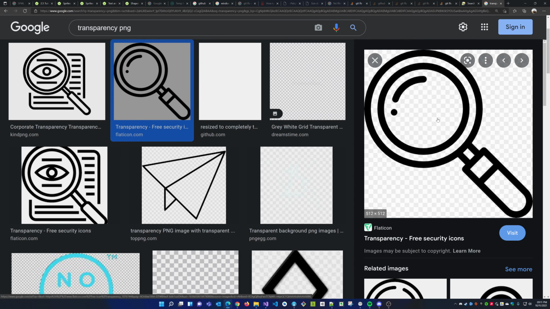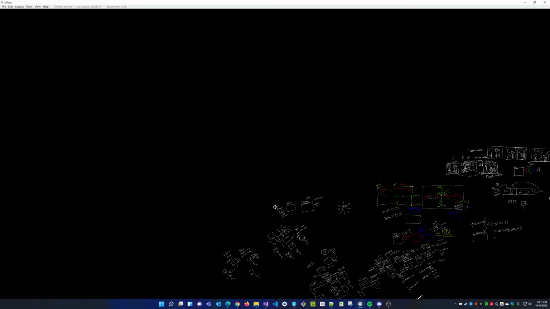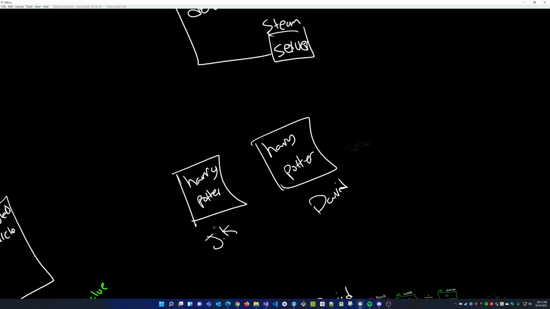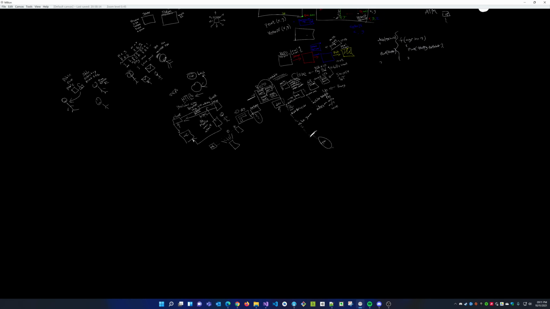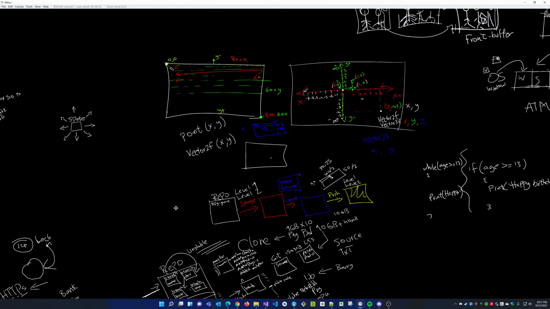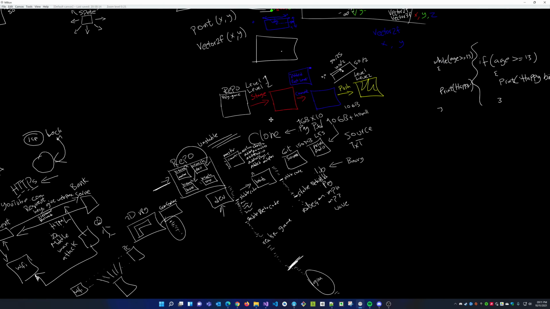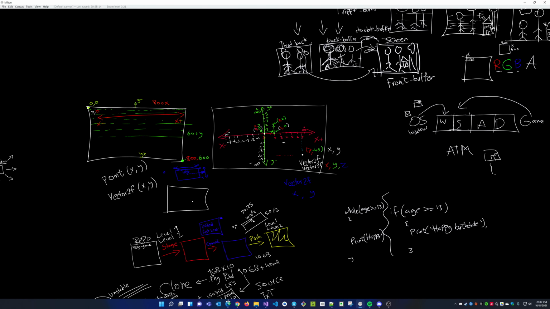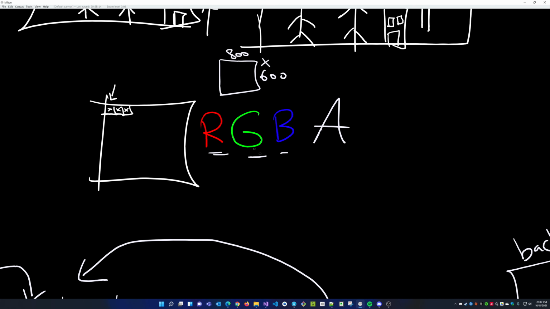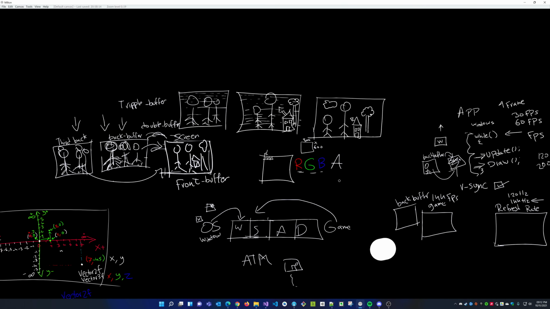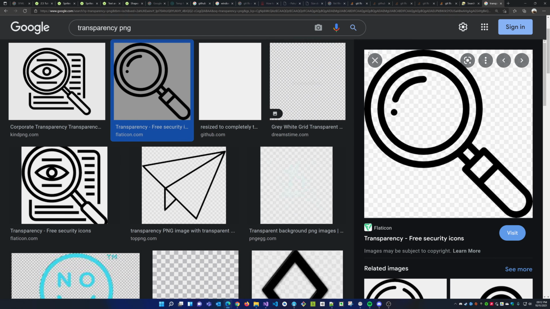So that's just transparency. And when we talked about pixels and RGBA values and all that jazz, would we do that here? Yeah, over here. So we said that every single pixel has RGBA values, red, green, blue, and the alpha channel. And the alpha channel represents transparency, whether you can see the background behind you or not. So there, I explained alpha.